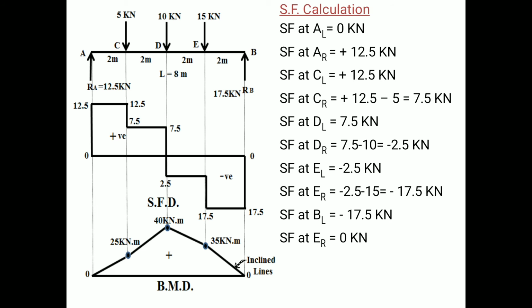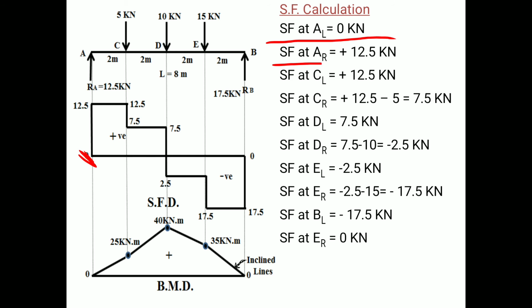So we will concentrate on each and every value of shear force. This shear force at left of A will become 0. Now this line is known as 0 line. As it is 0 line, therefore where we have 0 value of shear force, that value we will put there. Therefore we have shear force at left of A equal to 0, therefore this value is 0.